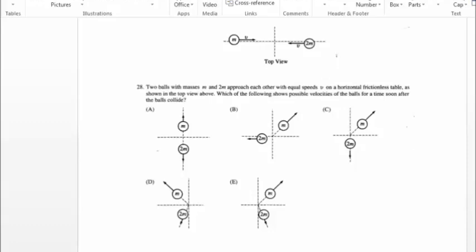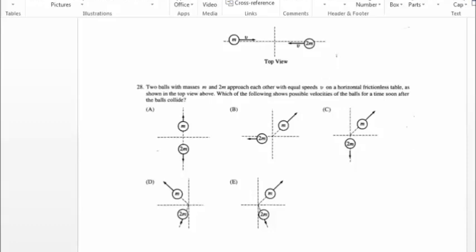Now here we have one ball moving to the right with momentum mv, and another ball moving to the left with momentum 2mv. So the total momentum is mv to the left. Whatever situation is in these figures should have the net momentum towards the left of mv. Now this is not possible because it is only along y. This again is